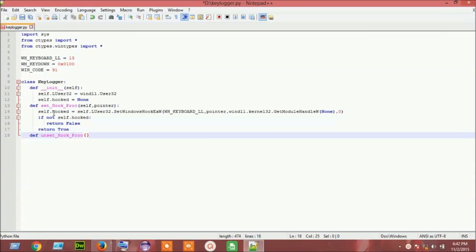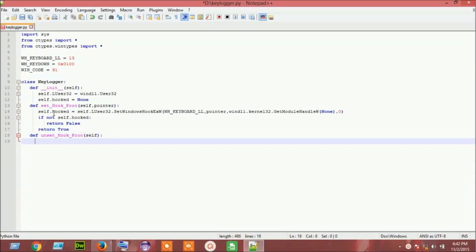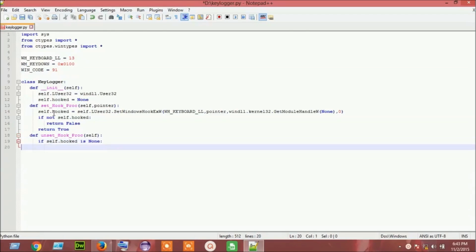procedure. Okay, and I'm going to take the argument self. Okay, and I'm going to do a check that the hook is set or not. Is none. Python is a tricky one because the indentations matter. You know what? Let me pause the video and I have to write the whole code down, and then I'll